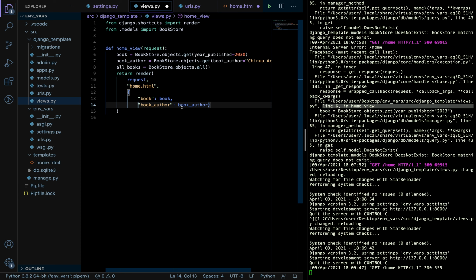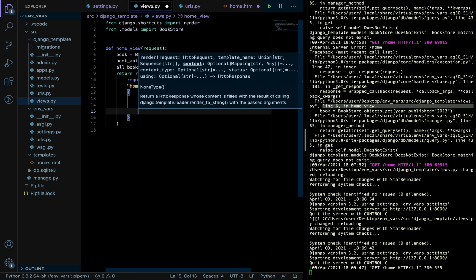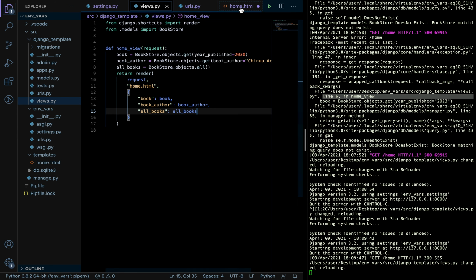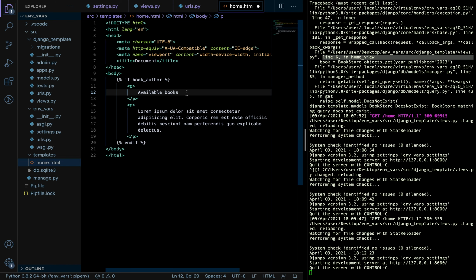Sorry, I just want this to be readable and clear to everybody. So this is it. Next stuff we're going to pass here are all_books, sorry, and all_books. Okay, so now when someone comes to our site, we are going to have a list of all the books we have on the site, and we're going to pass them in as variables, and this is going to be all_books. Okay,